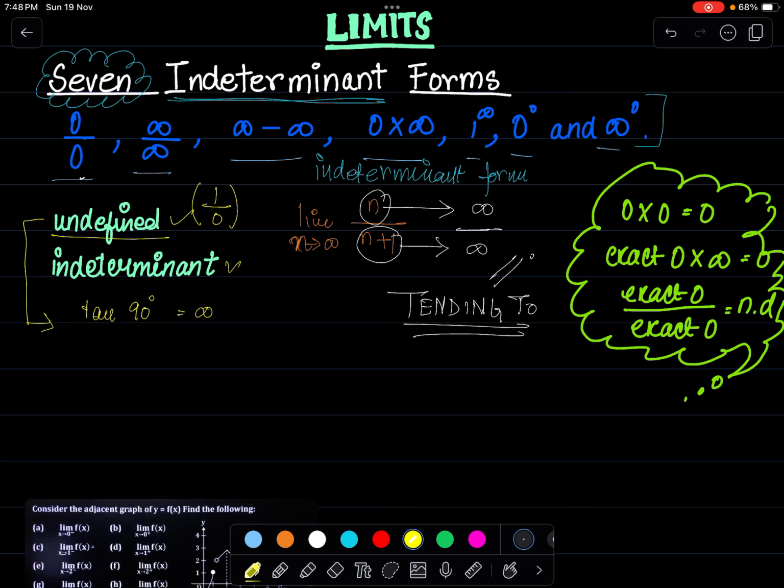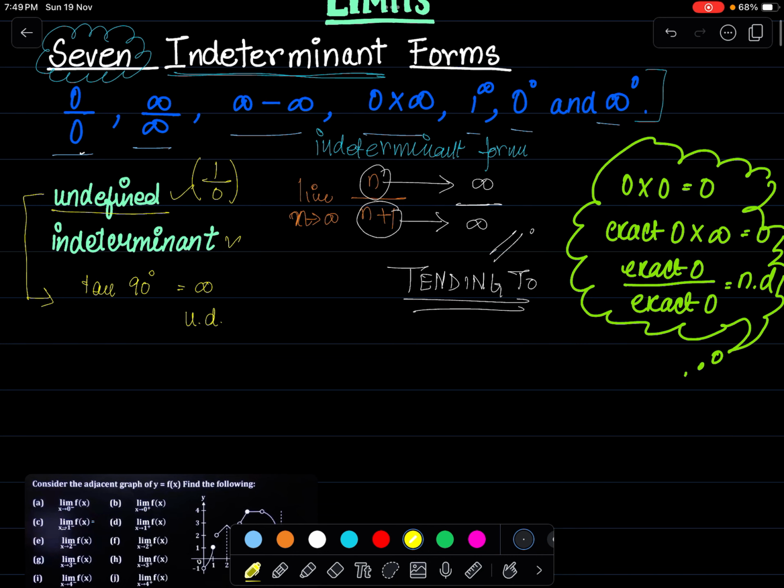It is actually undefined. Okay, it is undefined because you get 1 by 0, since it is sine 90 by cos 90, and then you get 1 by 0 which is undefined. So writing infinity as tan 90 is wrong, because if you even draw a graph, let me make you understand. So if you are at pi by 2, and if you remember the graph